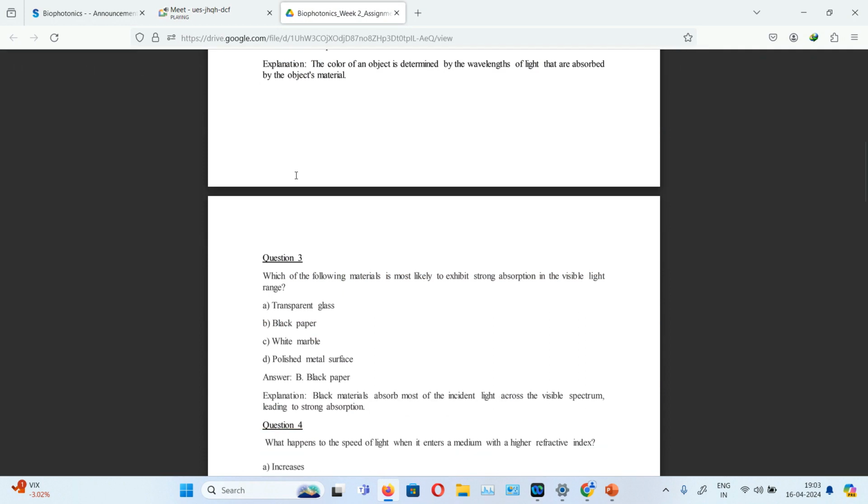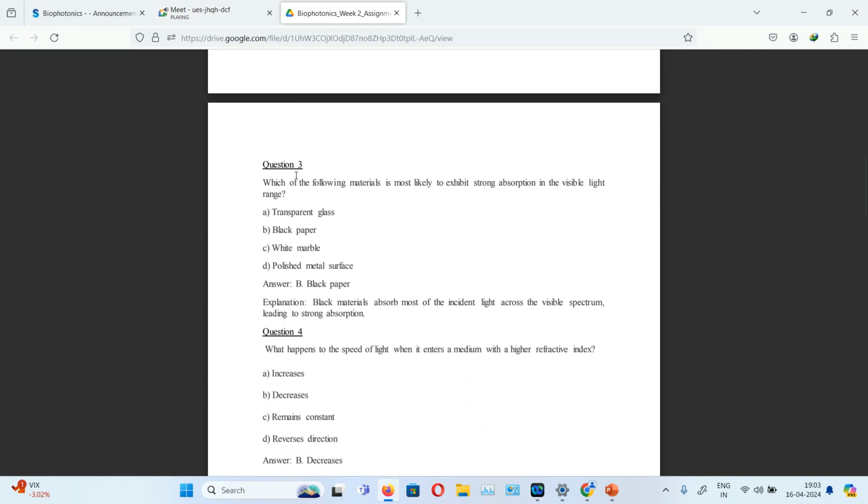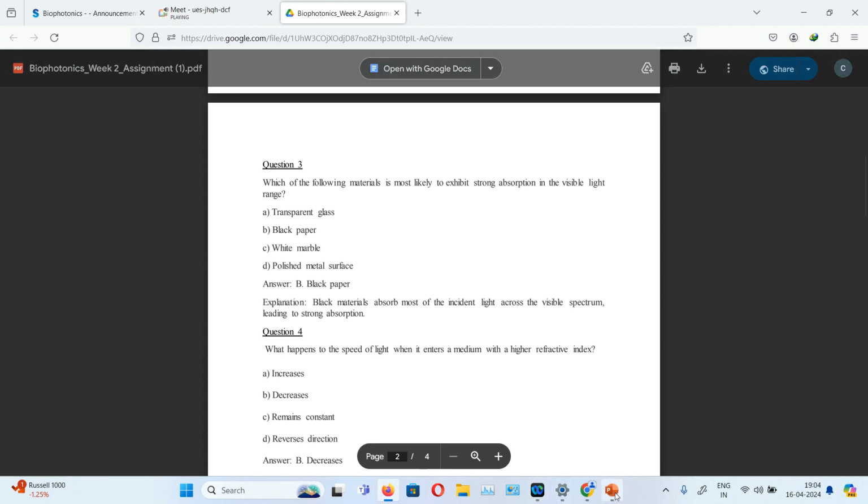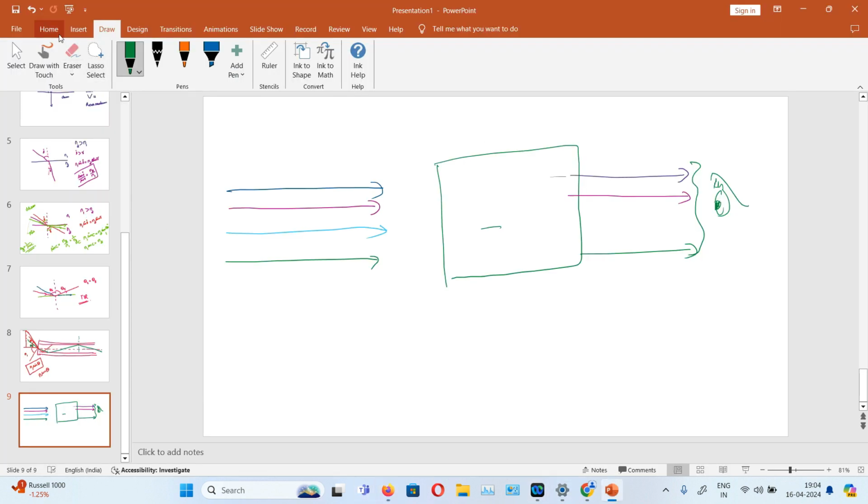Going to the next question. What happens to the speed of light when it enters a medium with a higher refractive index? We already discussed what happens when light enters from air to a medium: the light velocity decreases. Air is not really a medium, it's empty. Then when it enters a medium with a higher refractive index, automatically the velocity of light decreases. So the answer is